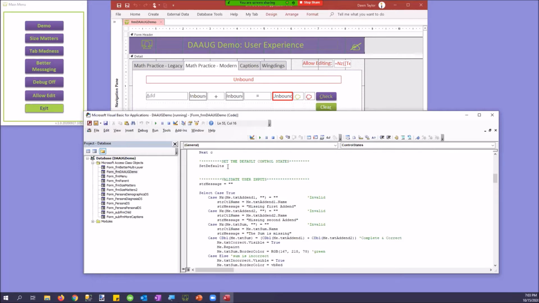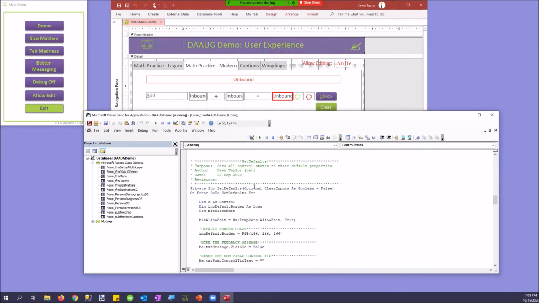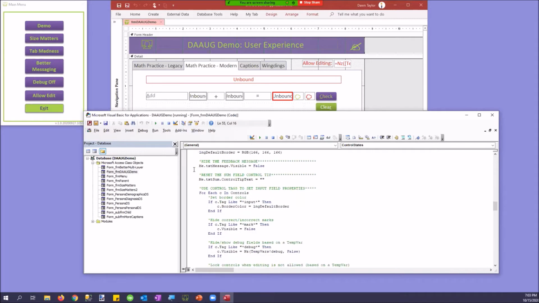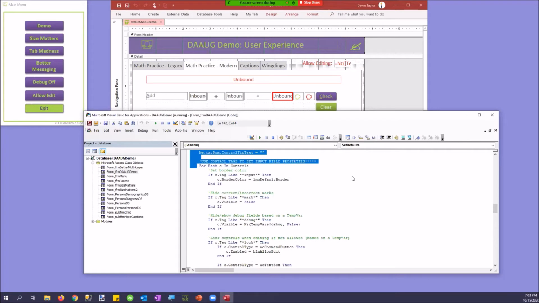Otherwise, you'll drive yourself crazy with nested ifs. So my set defaults sub essentially, like I said, sets the default border, hides the feedback message, resets the sum field control tip, and then